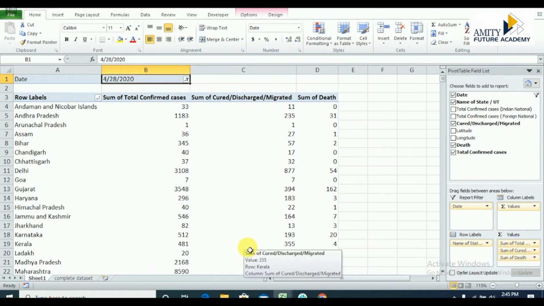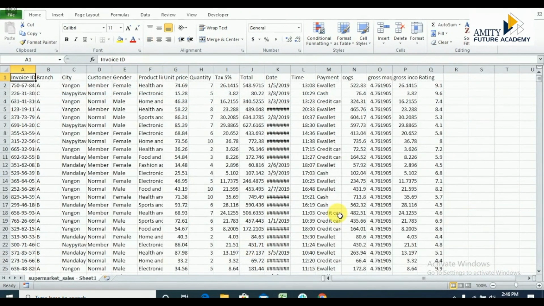So this was the example of presenting data of COVID-19 with the help of a pivot table. We will now move on to our next example. Our next example is of a data set which consists of invoice IDs, branches, the cities where the branches are located,